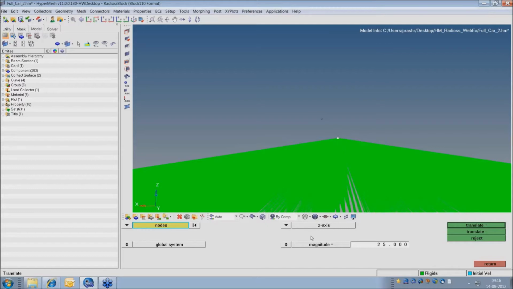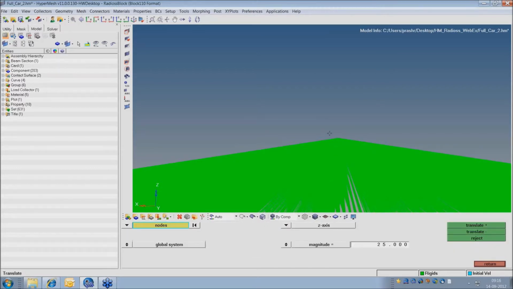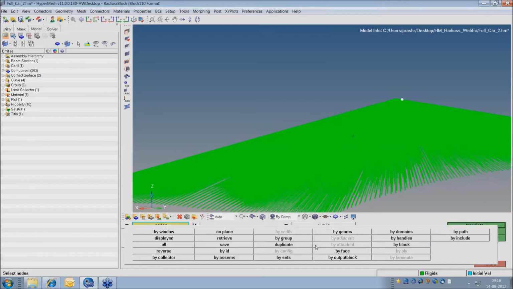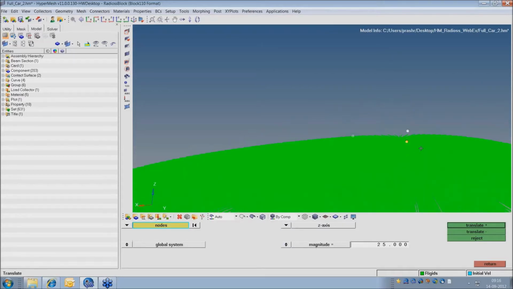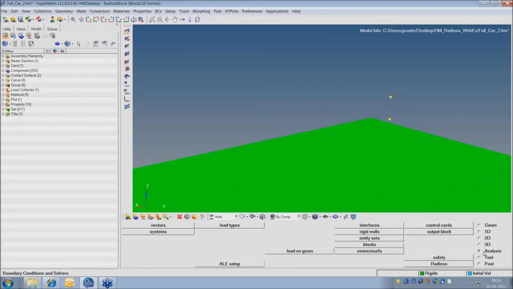So that is fine. Now I will duplicate this node so that I can get some direction. I can create the coordinate system. Nodes duplicate maybe in Y. Translate this. Okay. And nodes duplicate in Z. Translate this. Okay. Fine. So using these nodes, I'll create a local coordinate system.